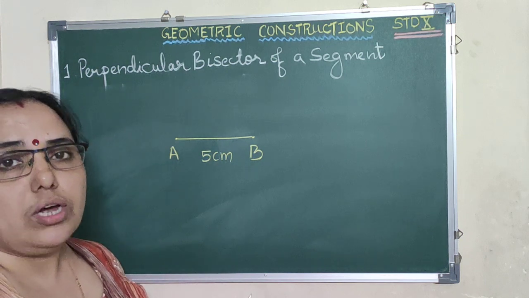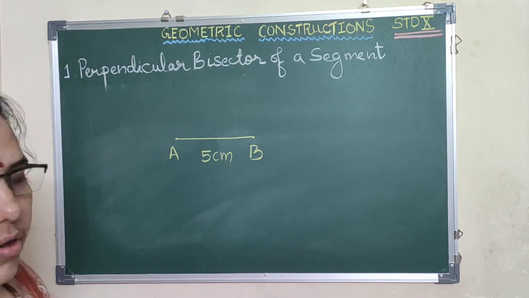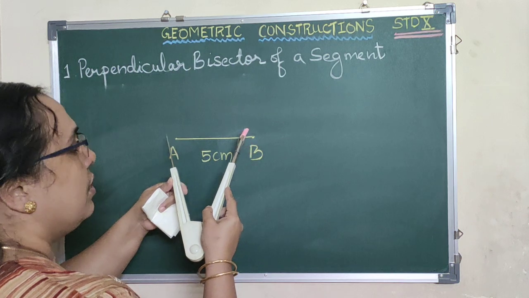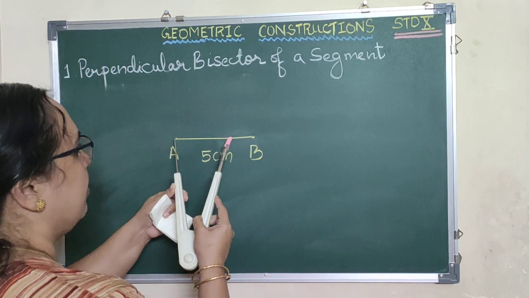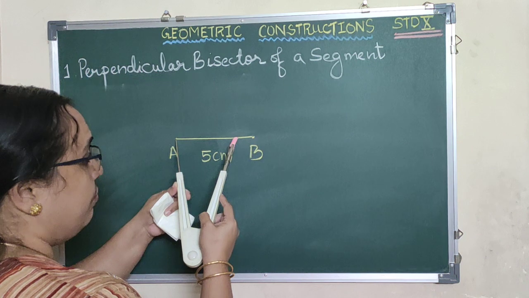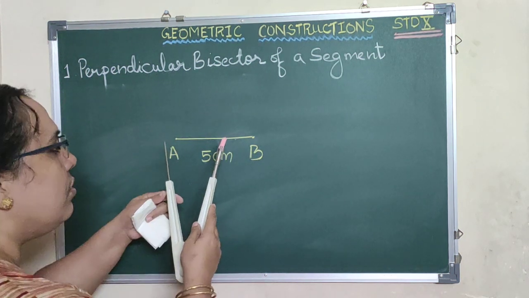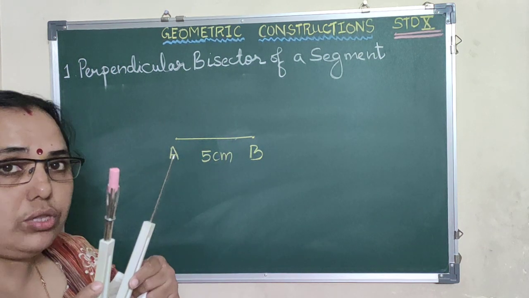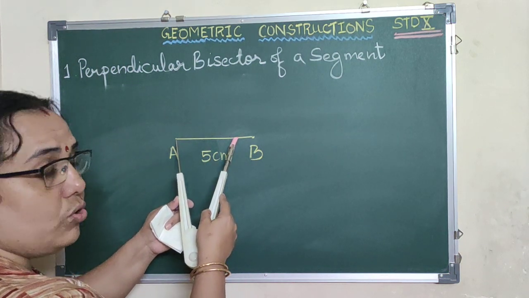Please listen to the words I use, because I will be repeating this again and again as we do the construction. So here I take this segment AB on the compass and I see it is equal. So I reduce it a little. That means this is more than half. Agreed, all of you? When I look at this distance between the two ends of the compass, this is more than half of segment AB. I need not measure the half; by visibility itself, I hope you can make out it is more than half.